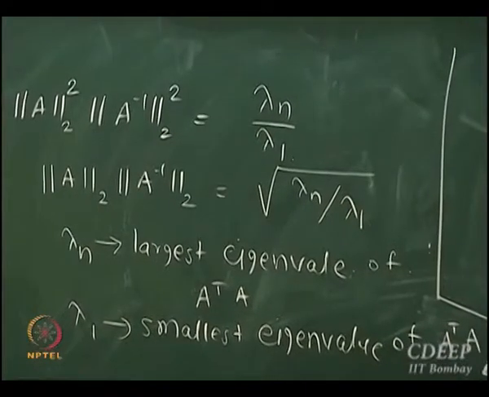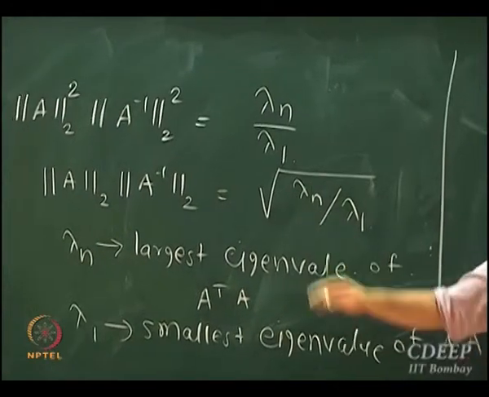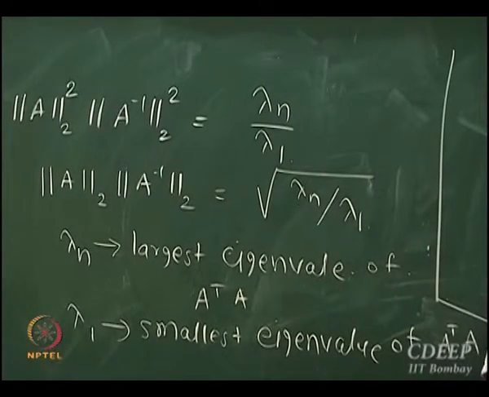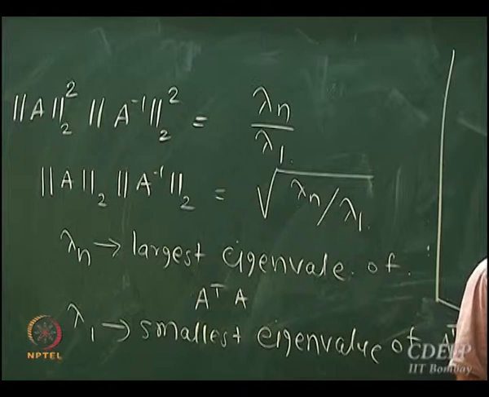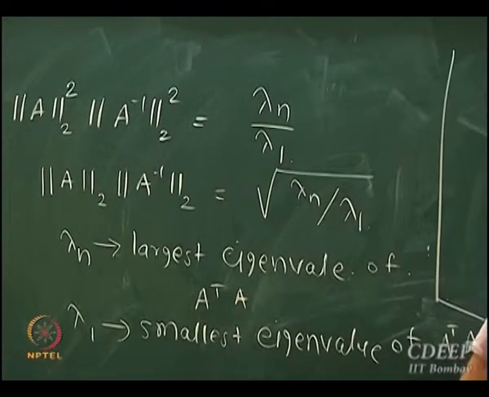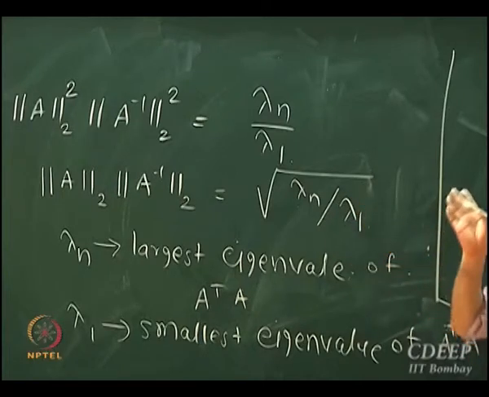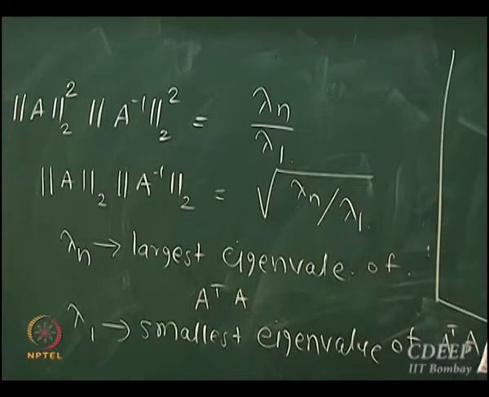So condition number of this matrix is simply the ratio of largest eigenvalue of A transpose A to smallest eigenvalue of A transpose A. Computing the largest or smallest eigenvalues for a positive definite matrix is not very difficult. Why positive definite? Because A transpose A is a positive definite matrix. If you give matrix A to MATLAB and say COND, it will give you the condition number. Actually, it will compute this ratio and tell you the condition number.